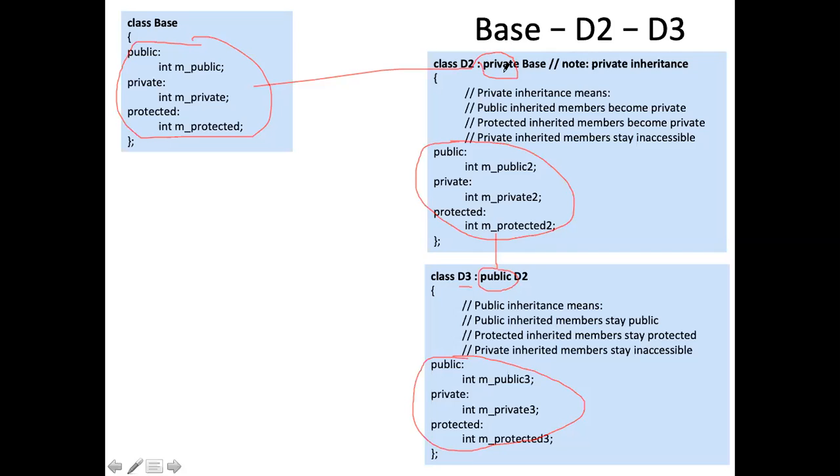ठीक है. तो ये सारे के सारे they will be part of this function, but now they will be acting as private members. तो private members के तौर पे D2 में ये act करेंगे, and that would mean कि public inheritance D3 की है, so therefore they all remain private to D3 also. So they'll remain private. ठीक है. So that means कि अगर आप D3 का कोई ऑब्जेक्ट डिक्लेयर करते हैं, वो अपने मेंबर्स को एक्सेस